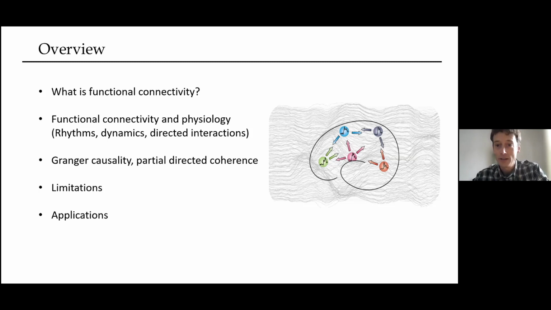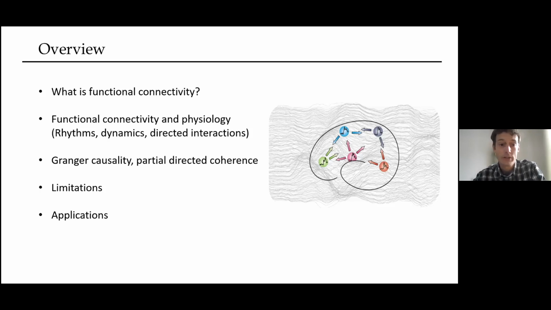What we've been trying to do in our work and in some parts of the Synergia is to try to bring functional connectivity closer to physiology. So basically trying to take into account rhythmic aspects, trying to take into account fast dynamics, and trying to take into account directed interactions. Then I'll briefly conceptually introduce the concept of Granger causality and one particular instance of it,